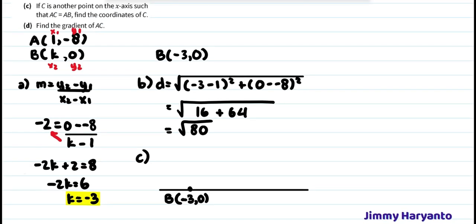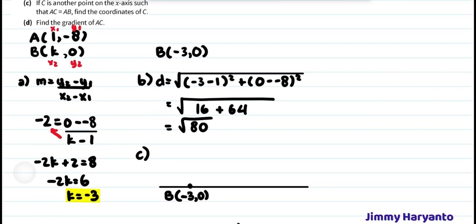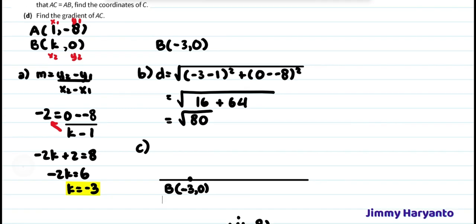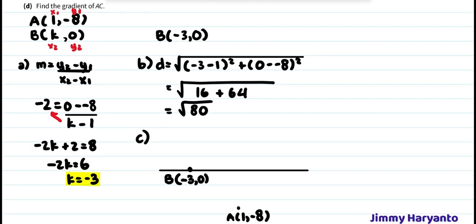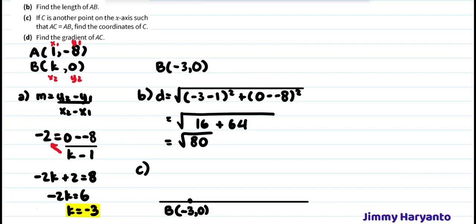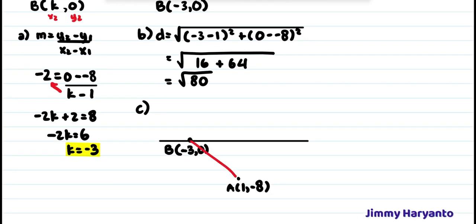And the question says C is another point on the x-axis. That means C can be right here, or right there, or right there. We don't know yet. But the lengths of AB and AC have to be the same. So this one and this one have to be the same. That means, because it has to be symmetrical, we can use this